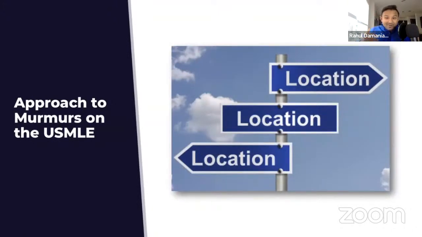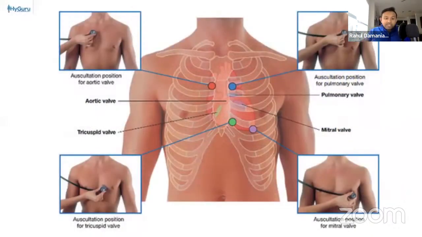Well, I like to take a page out of the book of real estate when it comes to murmurs. And I always focus on where the murmur is heard. So I look in the physical exam sentence in the vignette and I say location, location, location. So let's go ahead and go through the auscultation locations. So remember that this is going to be where we put the stethoscope on the patient and figure out what kind of valve is messed up.